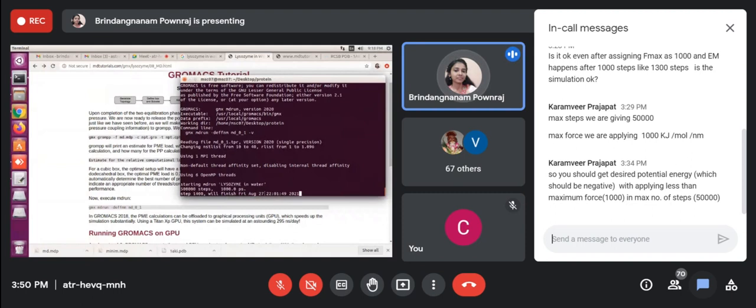Today is August 27. Time is 22:04. What is the time? Okay, 9:18. In my system, it is showing 9:18, 9 o'clock 18 minutes. So based on that, it is telling us it will complete by 10. It will slow down. Maybe it will complete within 20 or 25 minutes.